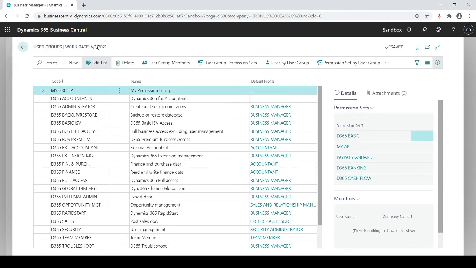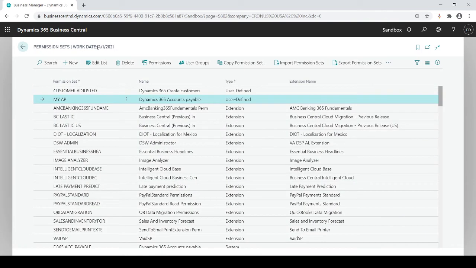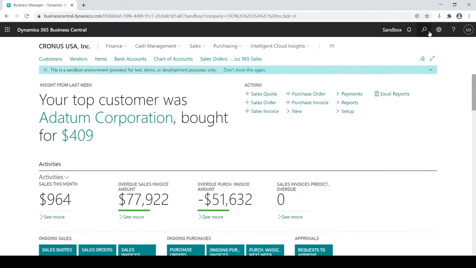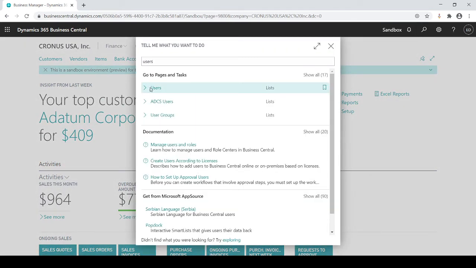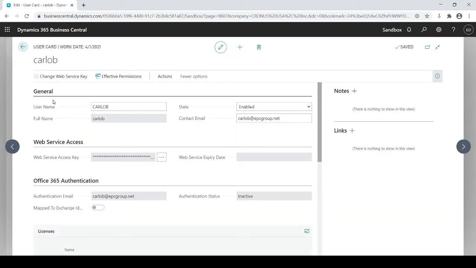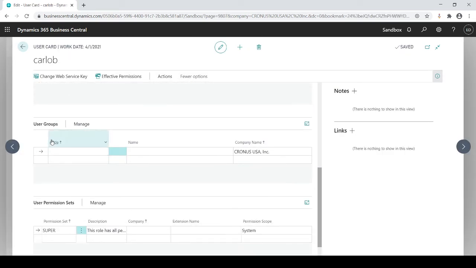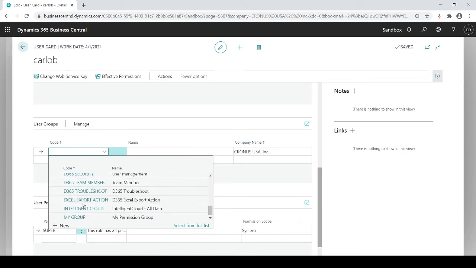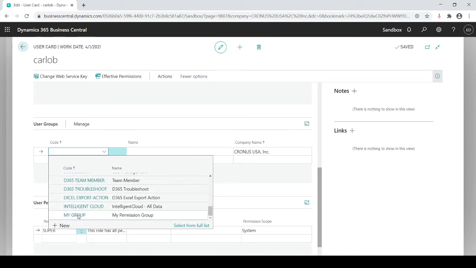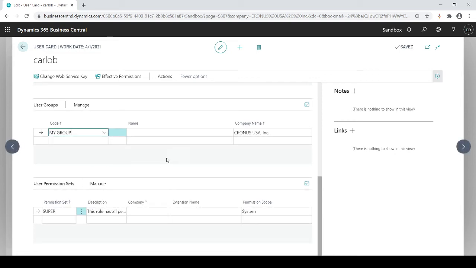So now how do I apply this to users? Well, now that's in the permission sets, I'm going to go to my users. Well, there's actually two ways of doing it. I go to my users and go to myself, and within the user group section, I could see that if I start scrolling down, I go individual groups as it shows here, or because I created my group that has a variety of different permission sets in one group, if I click on my group and I tag off it,